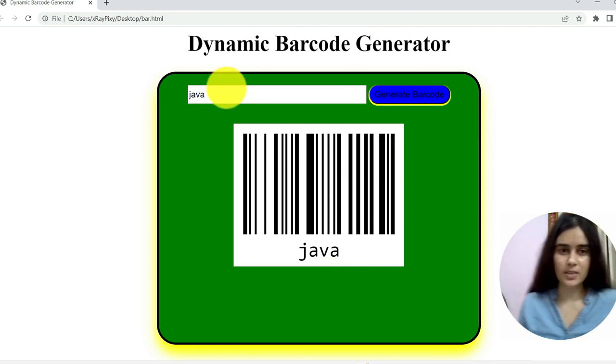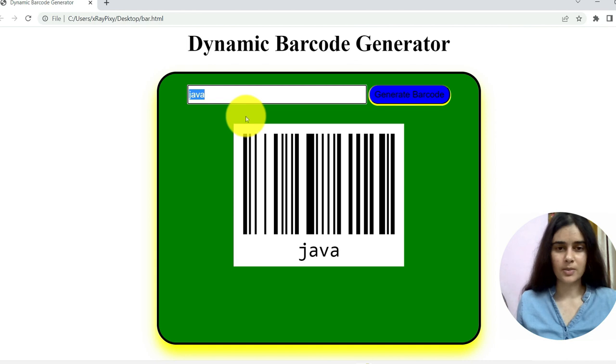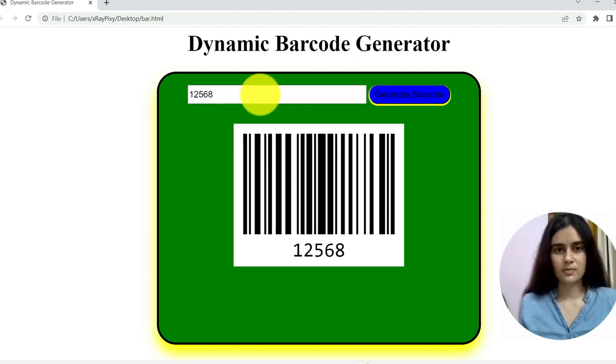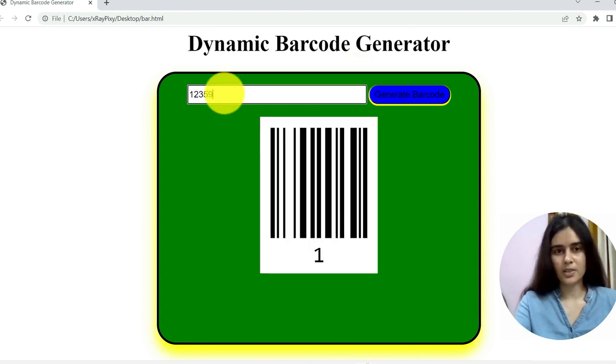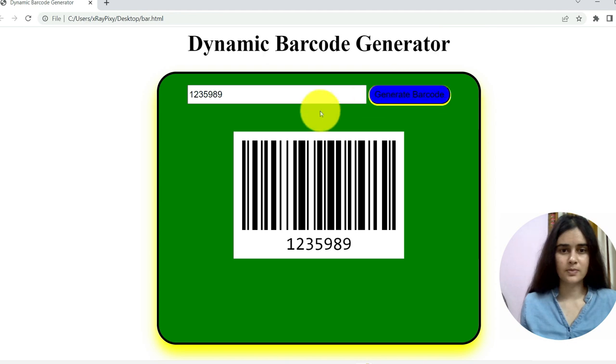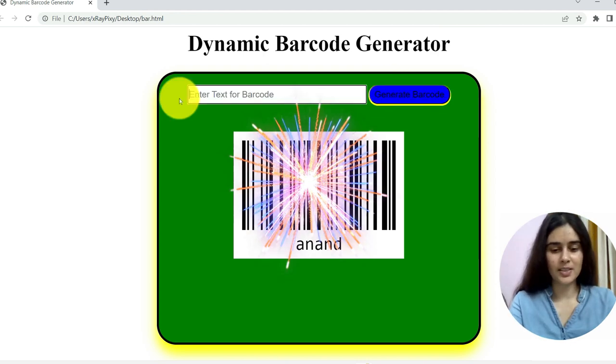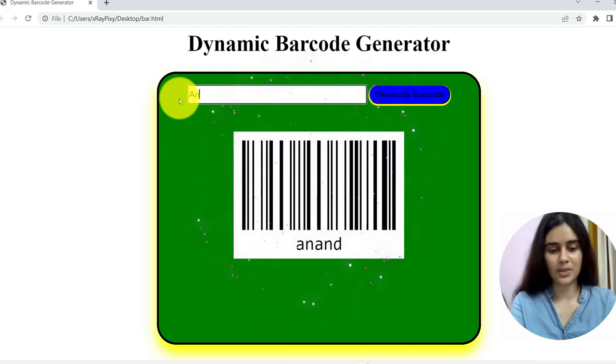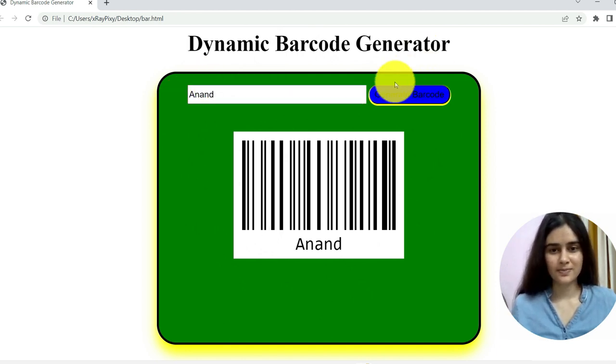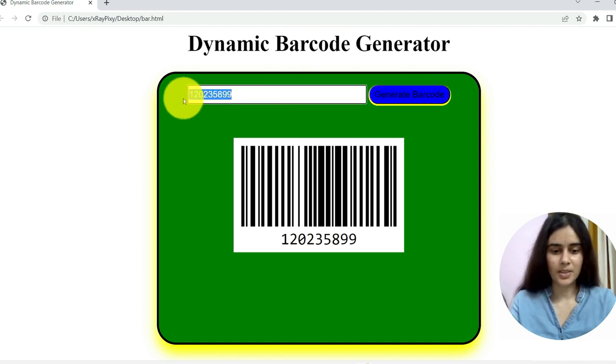So like that we can generate the barcode for any digit, single number or multiple digits we can enter. So like that, for example, we can generate here the barcode for any name, suppose Anand. You can see the barcode is generated. We can generate it for digits, number and digit.